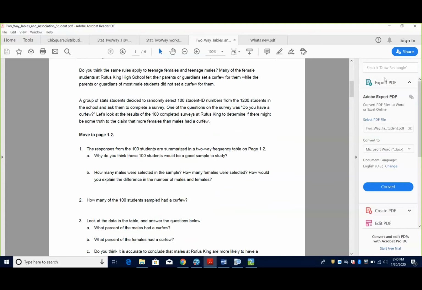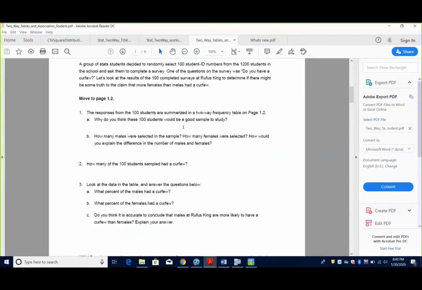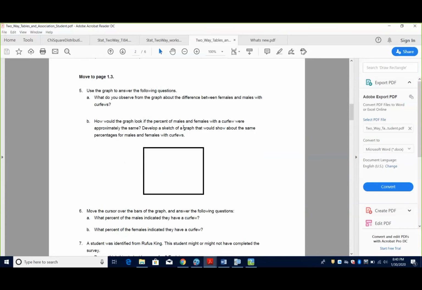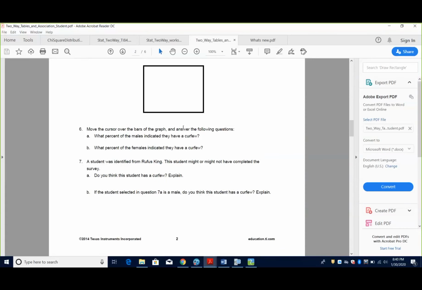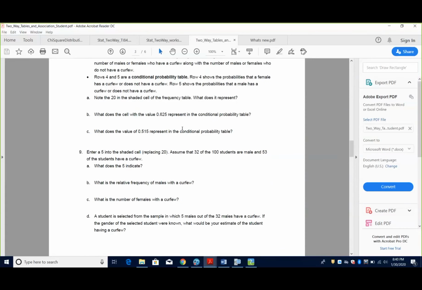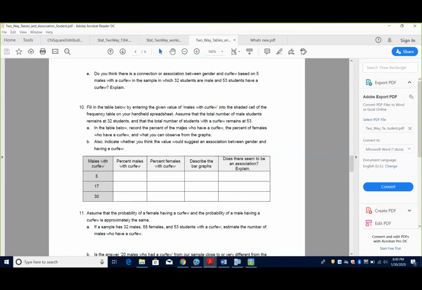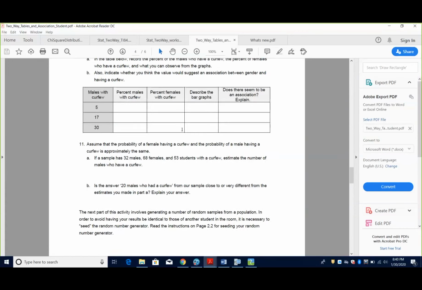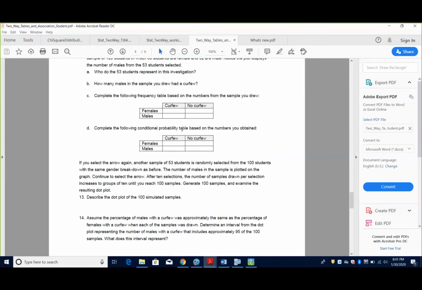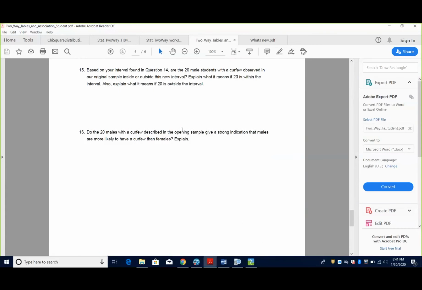So you would go through that and through a study that was done. And it leads you step by step, page by page here. But then again, at the end of it, you get to do your own thing, all right, after you've finished with that. So once we get past those, we can kind of do our own. And that's, again, another reason why I like the activities that are presented here.